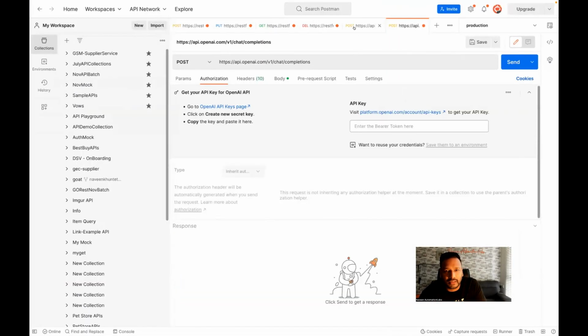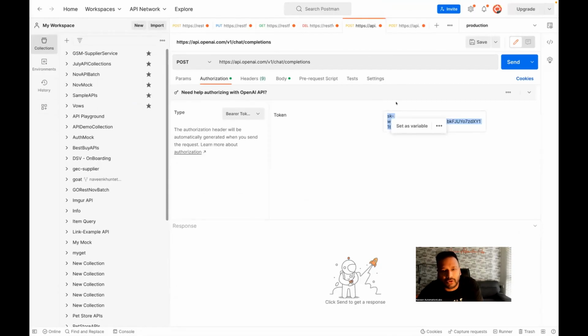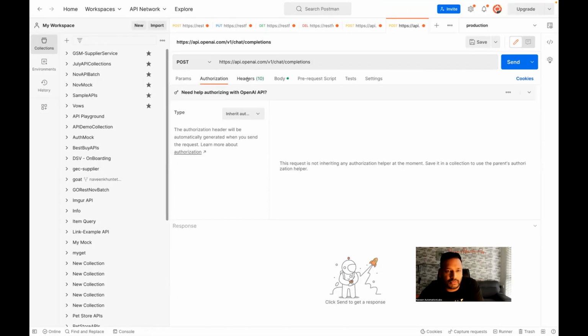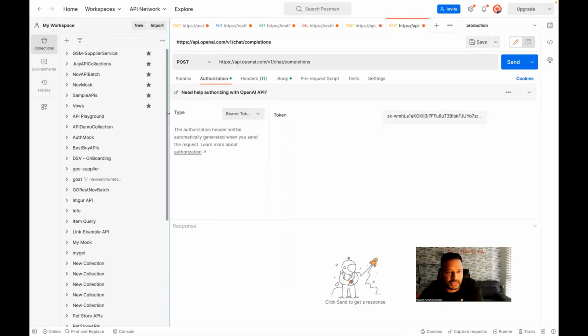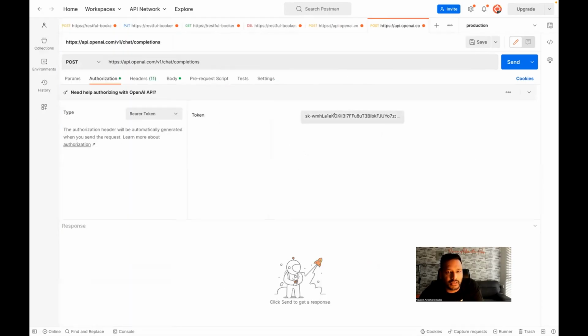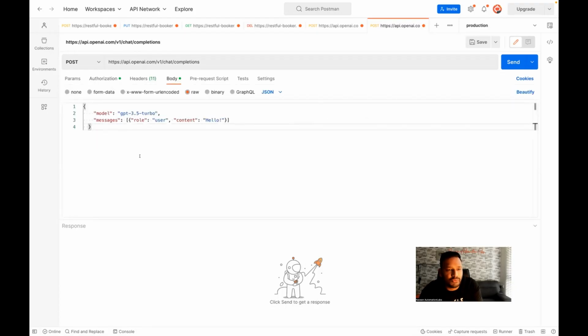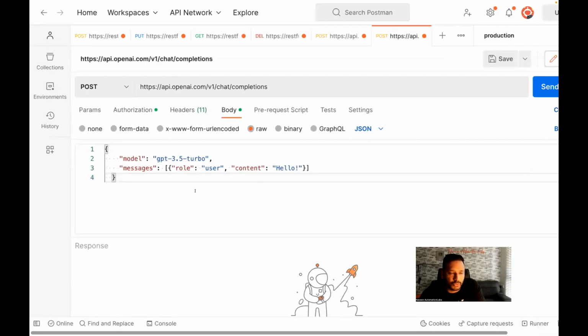So I'll do one thing. I'll just copy this particular API key from here, and I'll go to my authorization. In this authorization, the API key, or it's a kind of bearer token, that we have to use. So let me just use my bearer token here. Let's copy and then paste it here, whatever the token that you are having. And in the body, here you have to supply the things. That is, which model that you are using. For example, I'm using the GPT 3.5 Turbo model. Role is user, and then the content is whatever. So let's see, I'm writing, give me